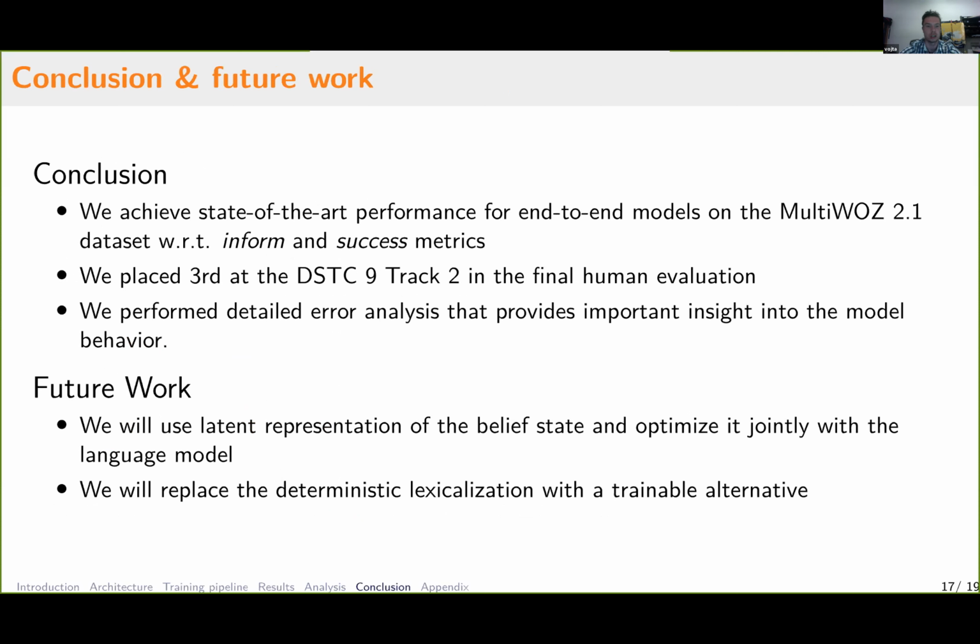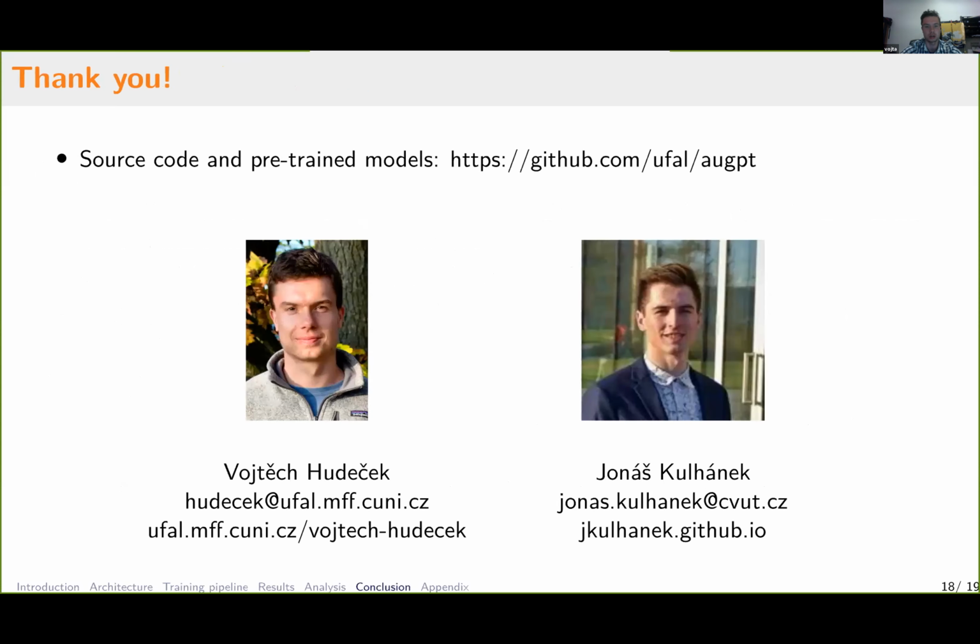In the future, we want to use latent representations of the belief state, and also we would like to experiment with the lexicalization part and use a trainable model to do that. So that's all for us, and we published our code on our GitHub page. Now we are happy to